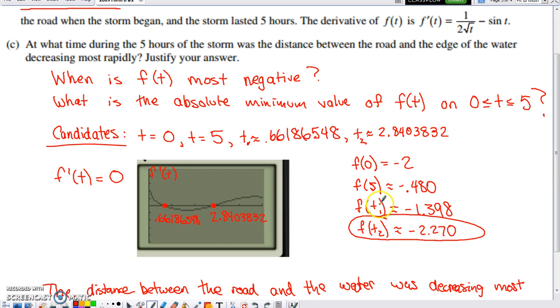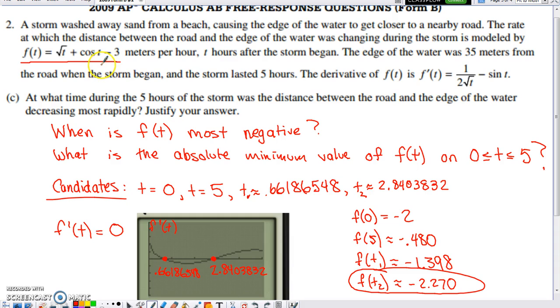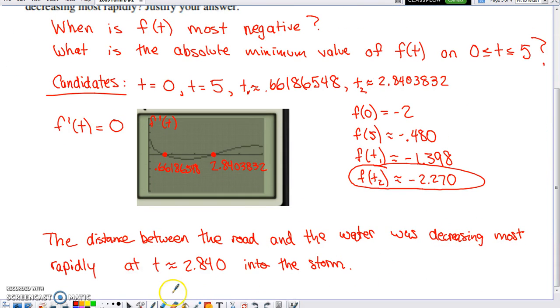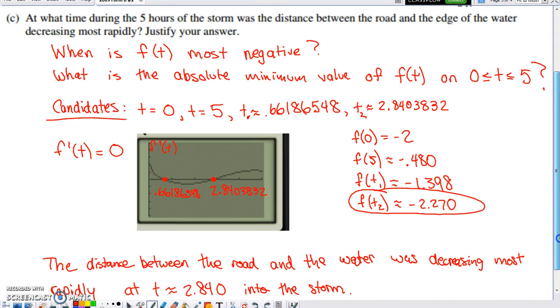But I didn't evaluate the derivative of f at those numbers. I evaluated the function f at those numbers. So I basically did a little bit of work on the calculator for a couple minutes, typed this in, evaluated it at 0, evaluated it at 5, evaluated it at T1, evaluated it at T2, and I realized that my most negative value, my absolute minimum value, happened at T2. So T2 was 2.840383. I wanted my final answer to be accurate 3 digits beyond the decimal,